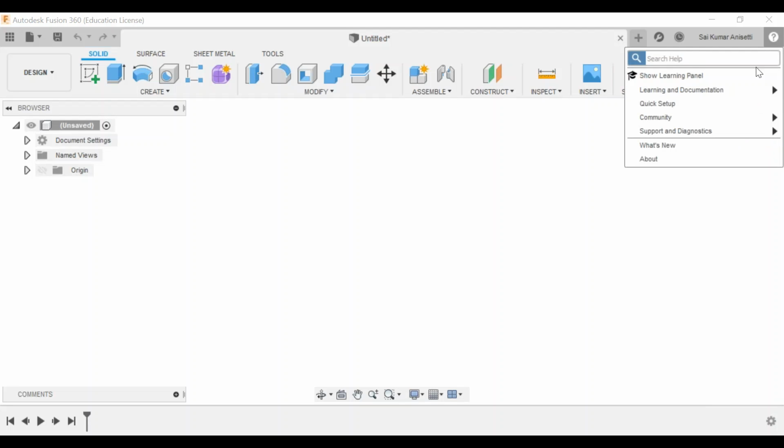So go to your help. See, if you want to learn the documentation and everything, go to self-paced learning. You can go through the PDF and what is meant by each one. All other tools you can learn from self-paced learning. Okay, quick setup, then support and diagnosis. This is the important one. If there is any error,